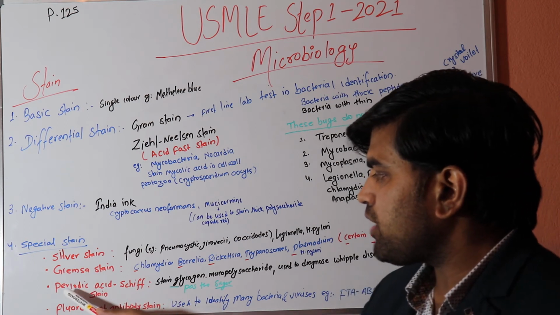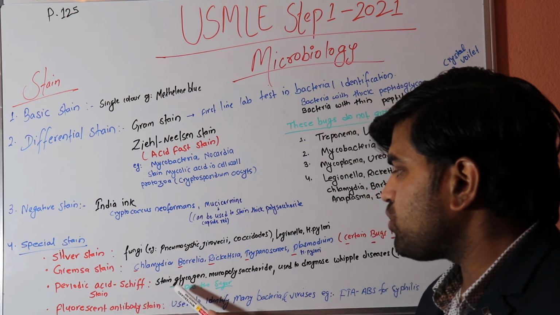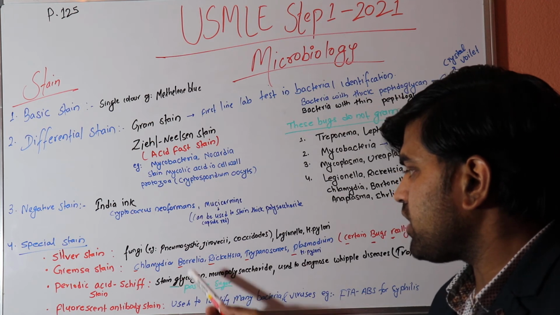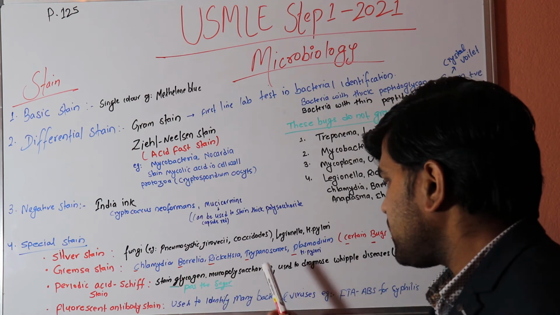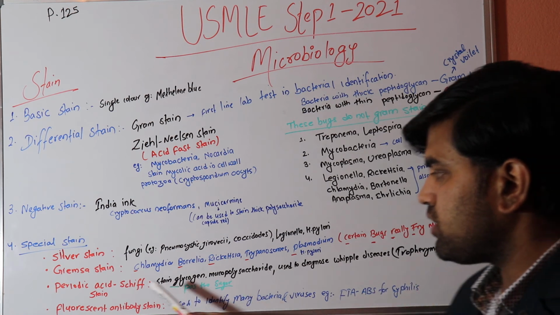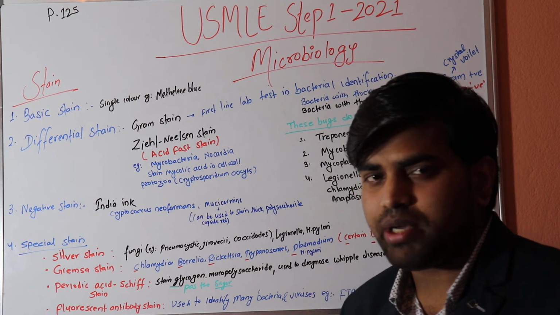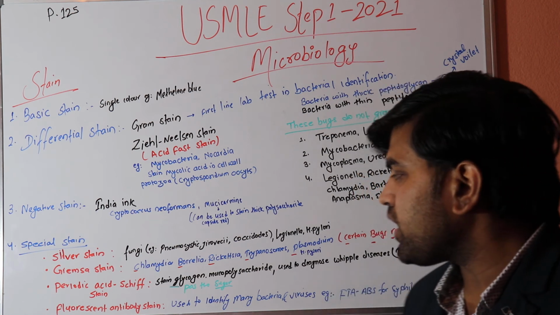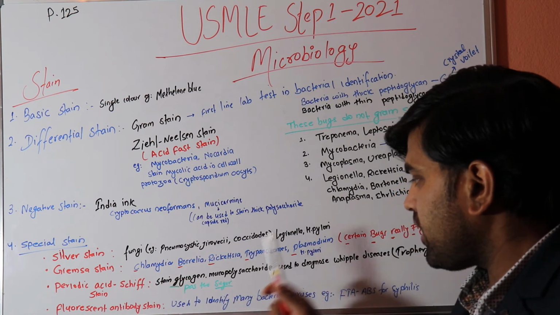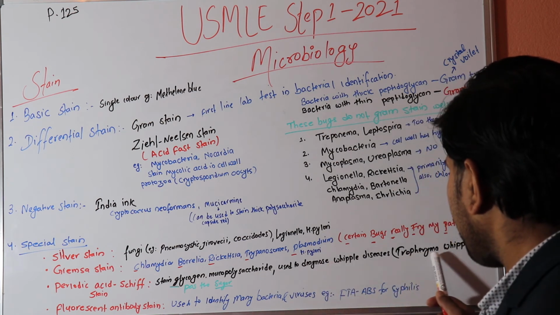Then there is another stain, periodic acid-Schiff stain, known as PAS, which is used to stain glycogen. So you can remember PAS, the sugar; glycogen is one of the sugars, so they are staining the sugar component, mucopolysaccharide, used to diagnose Whipple disease, Tropheryma whipplei. This PAS stain is used for other stains also. It is usually used in histopathology, not in microbiology, but we can use this because it stains the glycogen sugar component of things like bacteria or the cell. Then it helps in the diagnosis of Whipple disease, Tropheryma whipplei.